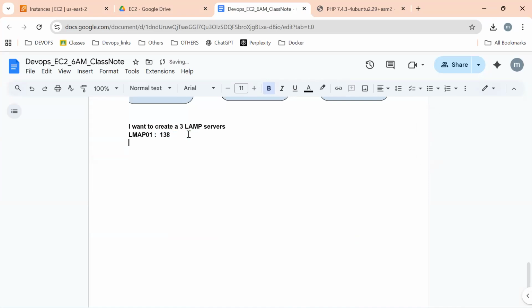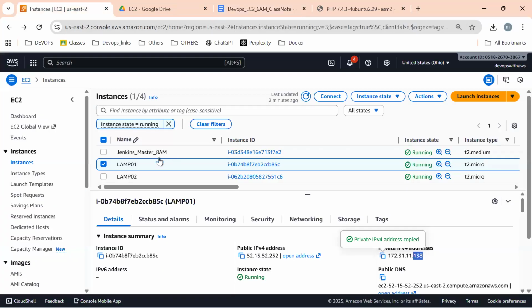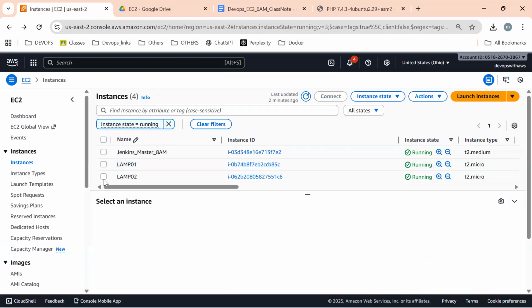Okay. LAMP server 02. So did you log in?